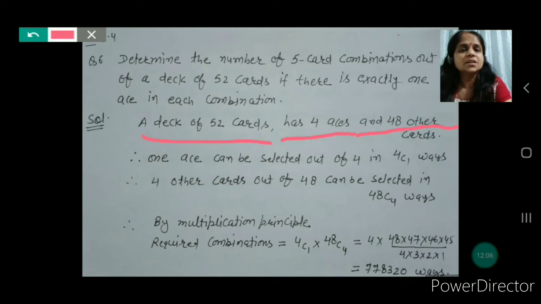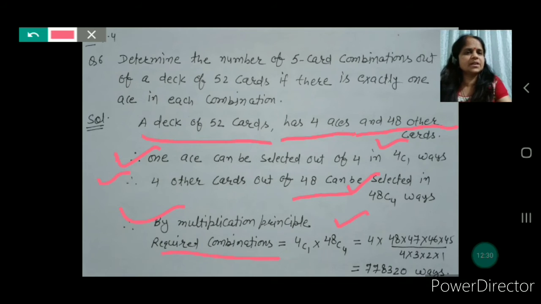Students, so one ace can be selected out of 4 in 4C1 ways, and 4 other cards out of 48 can be selected in 48C4 ways. So by the multiplication principle, the required combination is 4C1 into